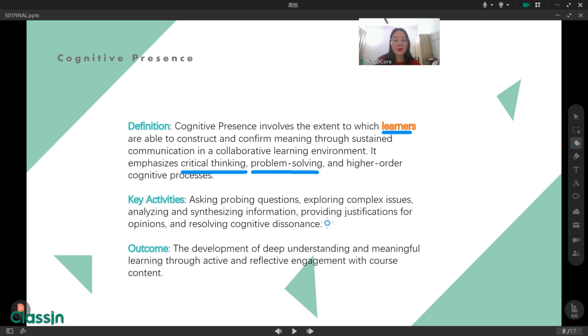They can also help in providing things and resolving cognitive dissonance. So the outcome here is the development of deep understanding and meaningful learning through activity and reflective engagement with course content. Deep understanding and meaningful.